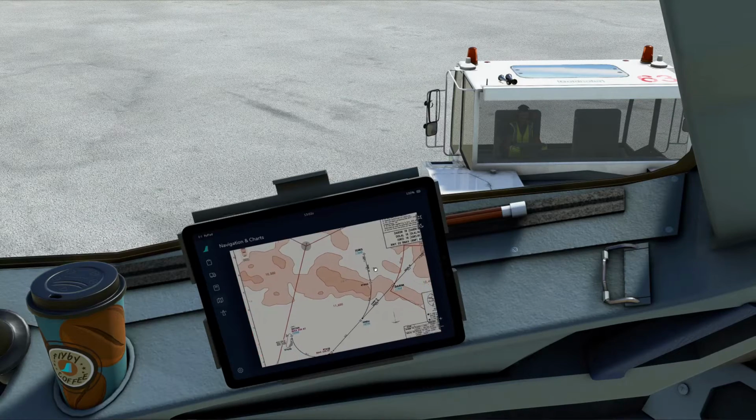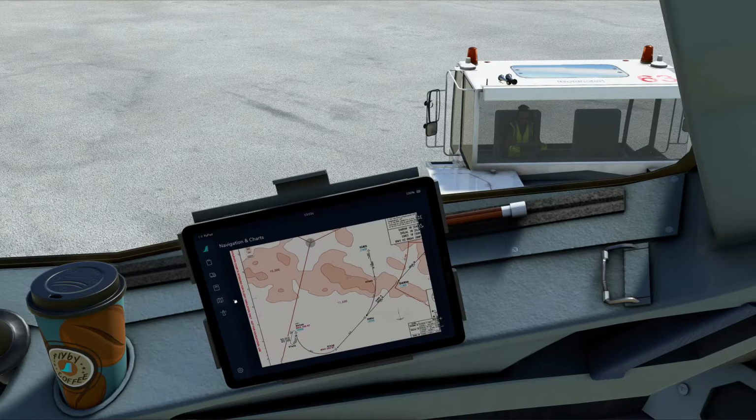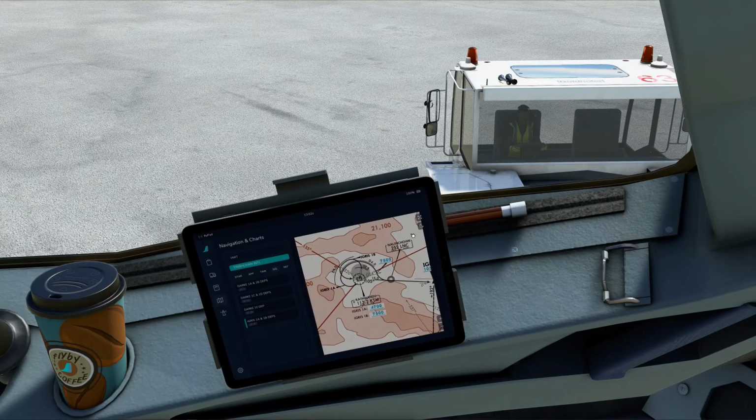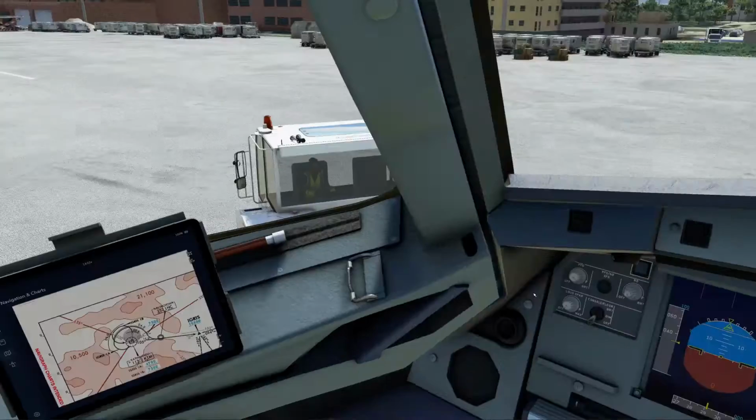Nice one. Okay, and that isn't the chart I want actually. So let's go back. Where's the one I want? That's the SID. Yeah, because that's a STAR. Okay, so we want the SID. Oh, that's interesting. Igris. That's the one I want. There we go. Excellent. Right, okay, so we'll look back at that in a minute.